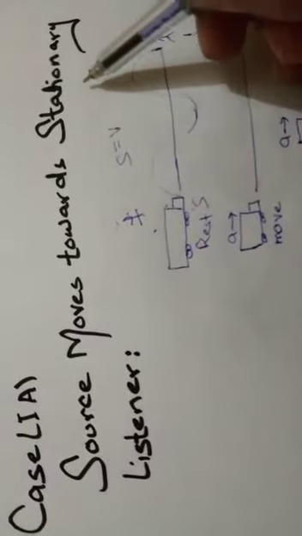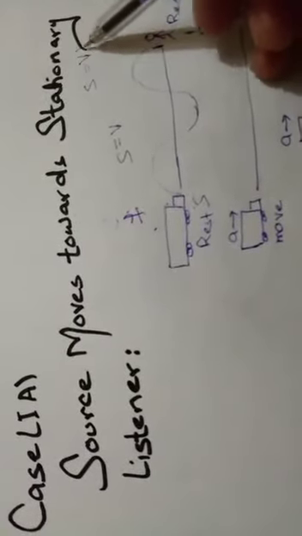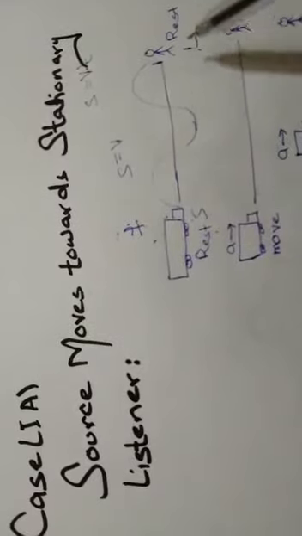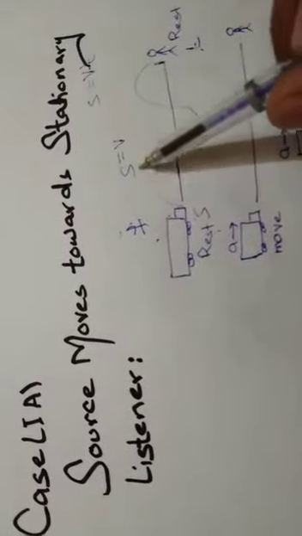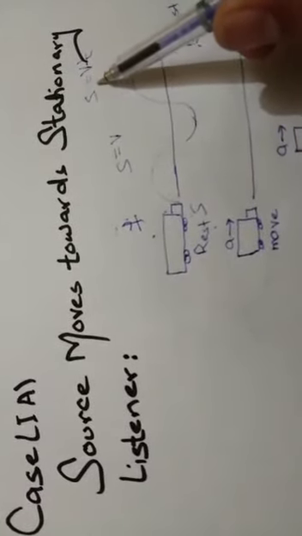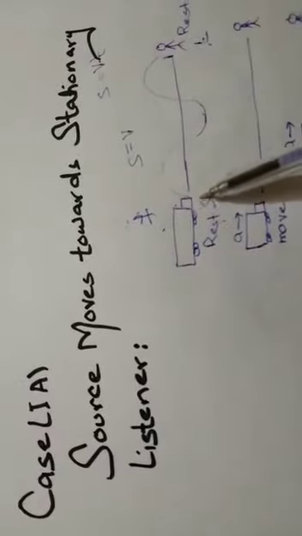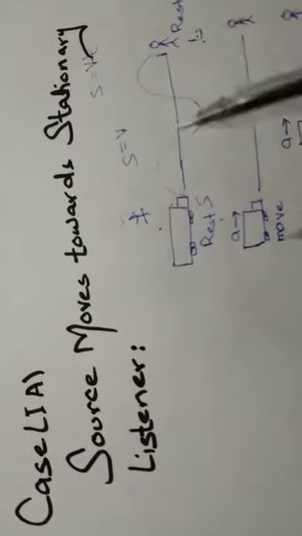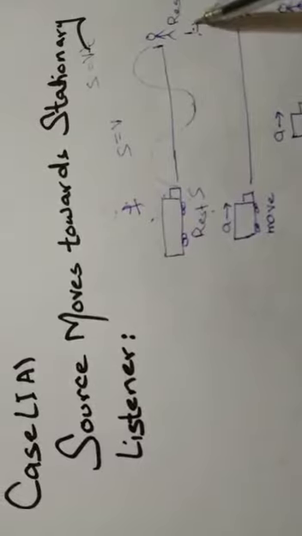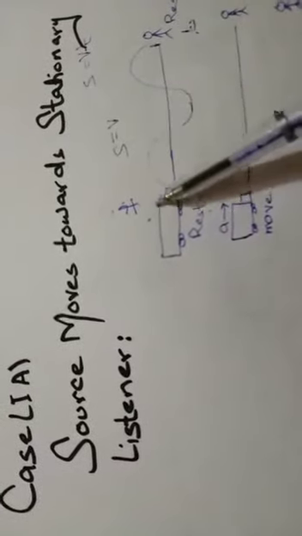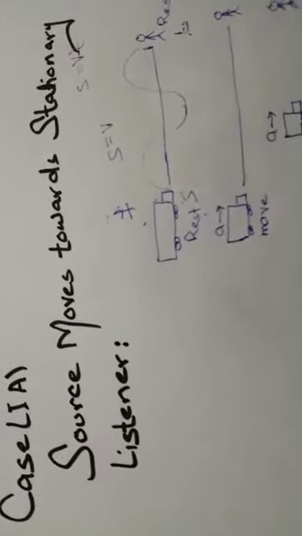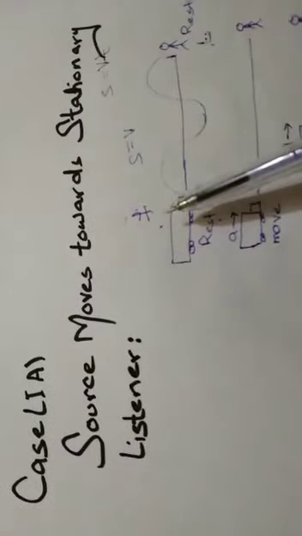The distance between the sounding source S and listener L is denoted by S, which is equal to V. We know that S is equal to Vt by the definition of speed. Here time is equal to 1 second, so the distance between the sounding source and listener is equal to V when t is equal to 1. So when both sounding source and listener are in a state of rest, the distance between them is V, and f number of waves are generated by the sounding source. That means f is the frequency of the sounding source.